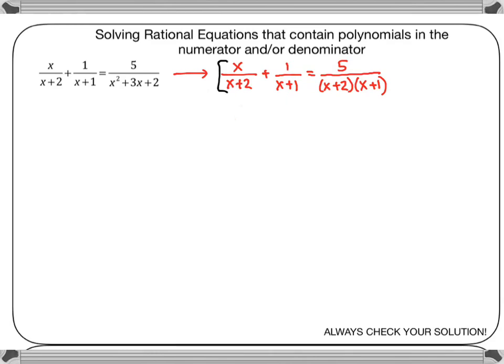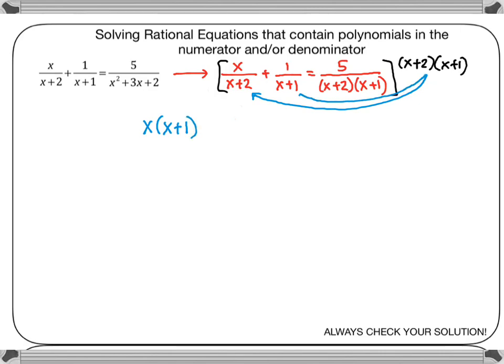So I'm going to load up this guy right here, x plus 2 times x plus 1, and now let's start knocking this thing out. If I divide x plus 2 into the common denominator, that leaves me with just the x plus 1, so I get x times x plus 1. Same deal here, that cancels out the x plus 1 and leaves me with 1 times x plus 2, equals, and the entire thing goes out here, leaving just 1,